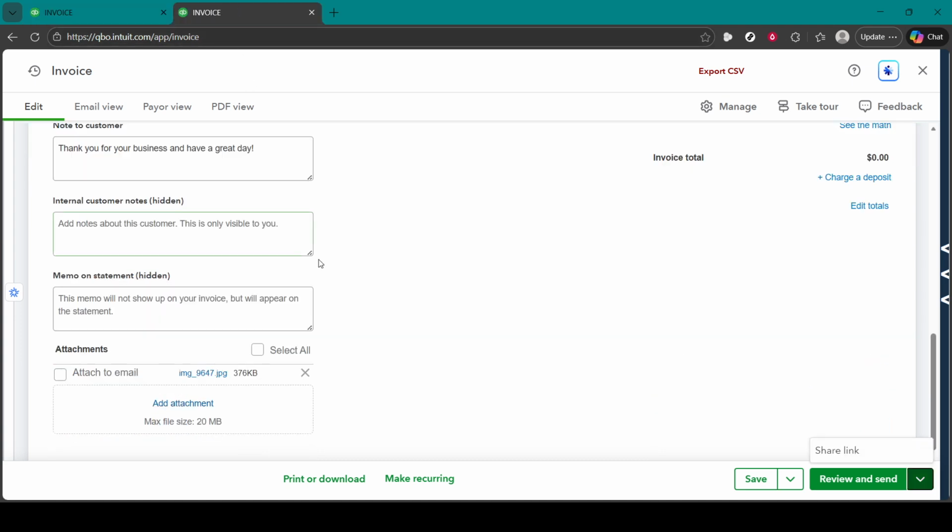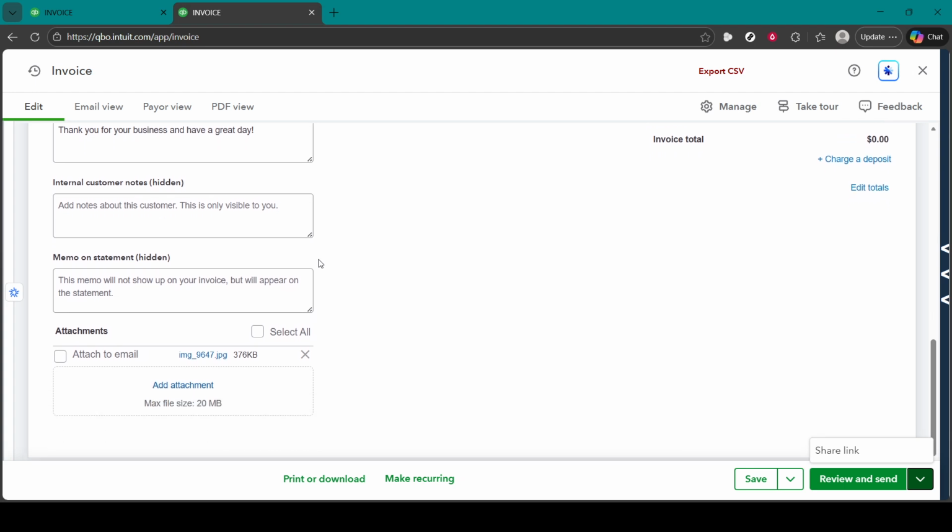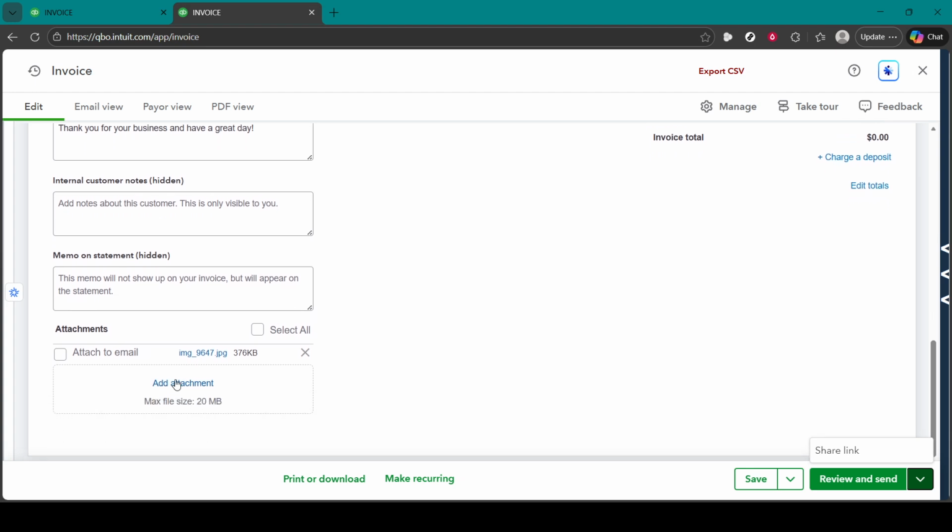Once your invoice details look good, it's time to add your supporting documents. Look for the Add Attachment option on the invoice screen. Click it, and you can either browse your computer to select files or drag and drop them directly into the attachment area. This is perfect for including things like signed estimates, purchase orders, timesheets, or photos of completed work. PDFs and common image formats work well, and descriptive file names make it easier for your customer to understand what